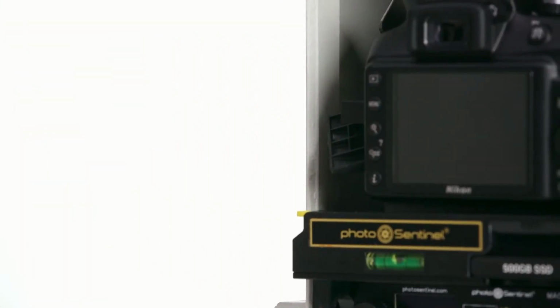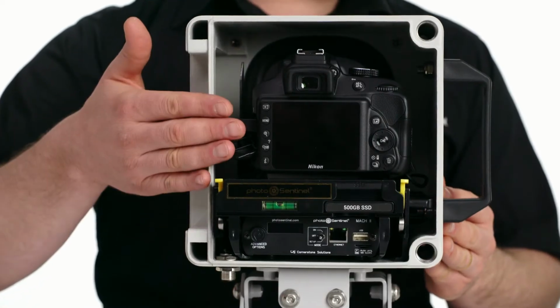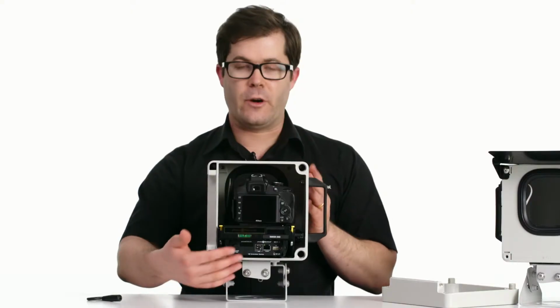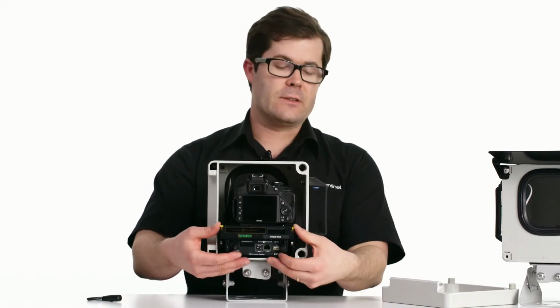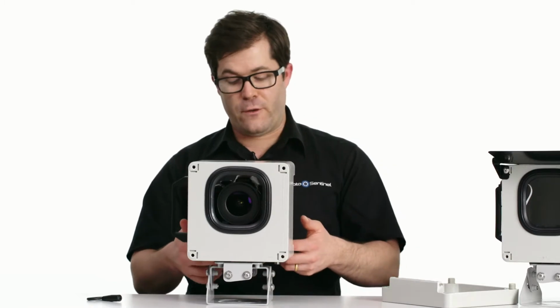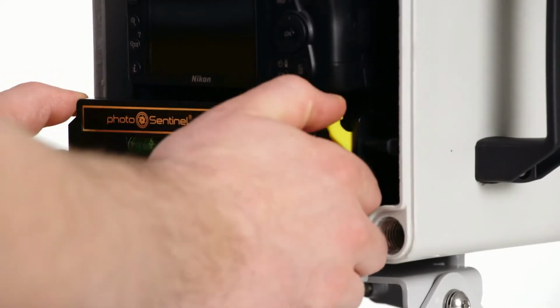Unclip it and place it to the side. Inside the housing, if you've purchased a camera from us, you'll see the camera, and then you'll see the carriage down the bottom there with the PhotoSentinel Mach II controller on it. To remove the carriage from the housing, you'll see the two yellow tabs on the side there. Simply put your forefingers through the holes on either side of the controller, thumbs down on the tabs, and pull